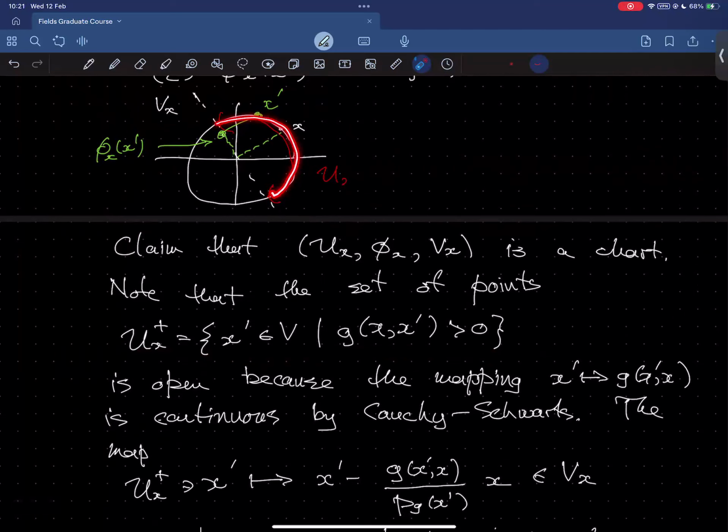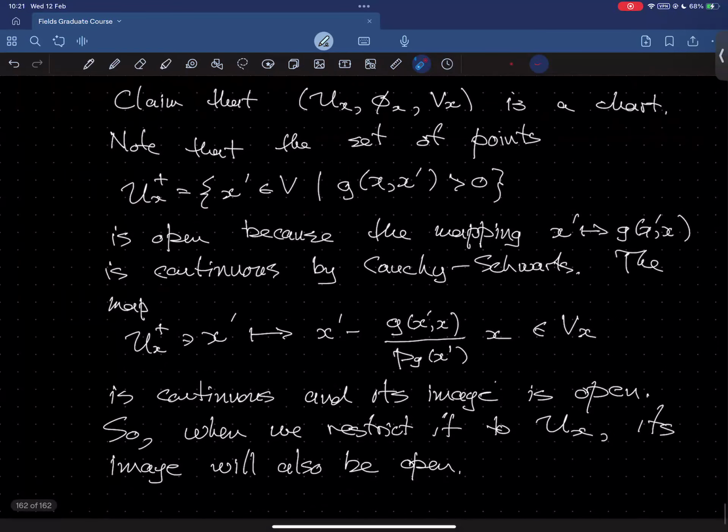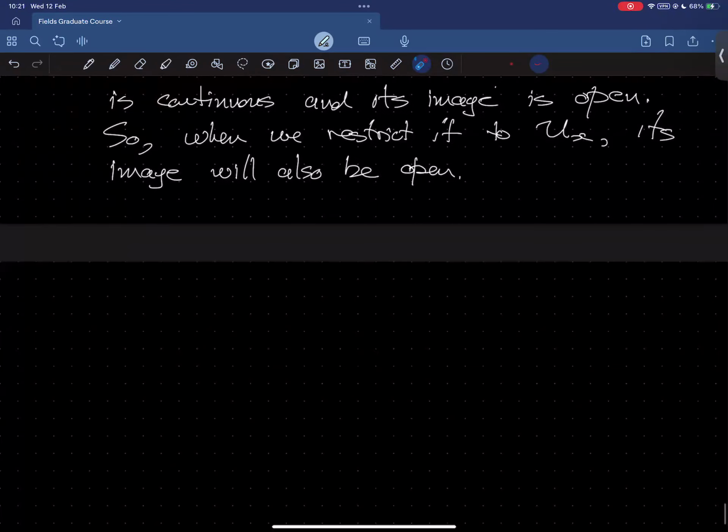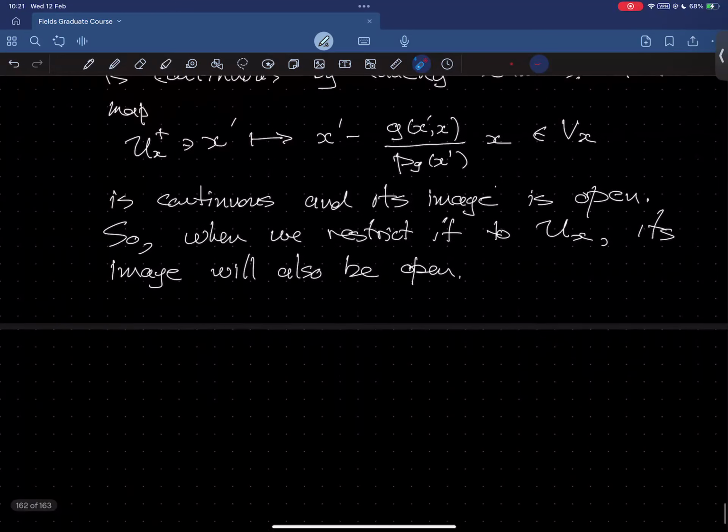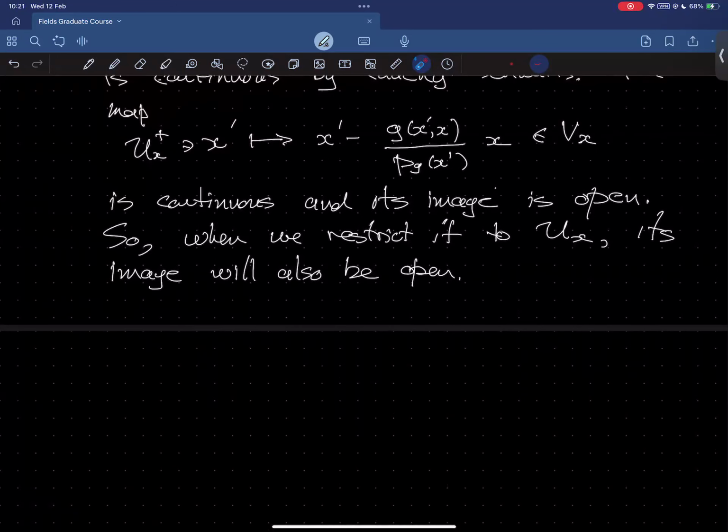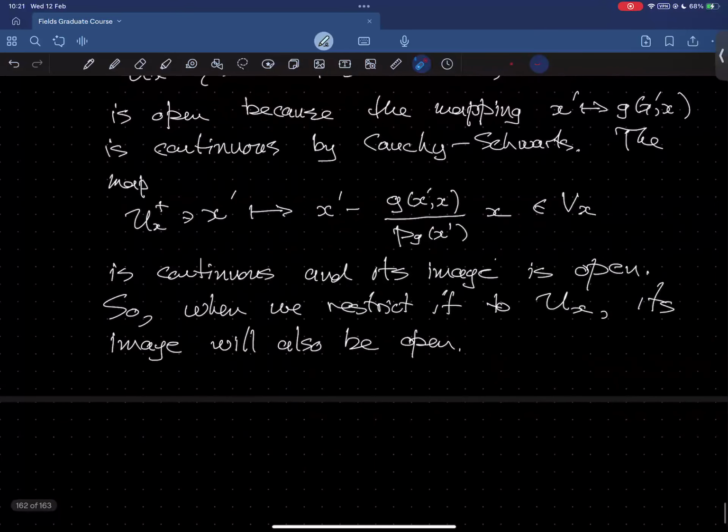Okay, and then the chart map is a bijection from this thing onto this, and you have to do a little bit of playing around here, but that will prove that its image is open. Okay, so the image is open. All right, good. And I should also say, we can also verify that